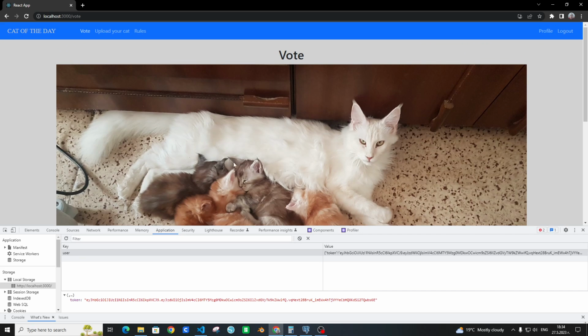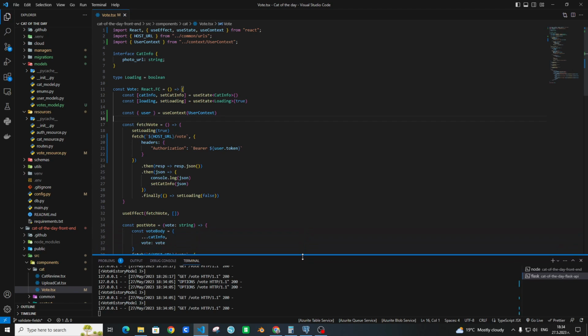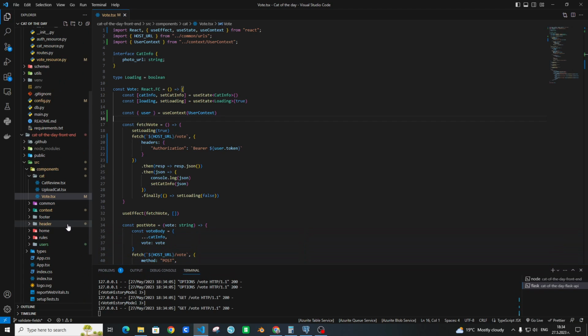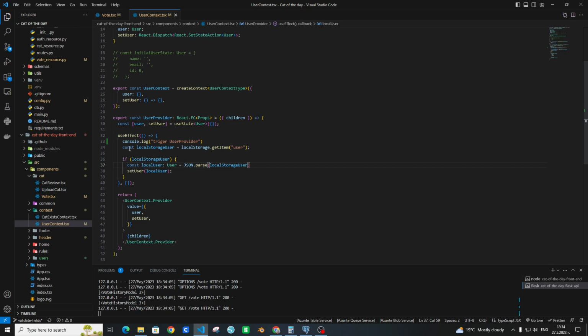Okay, so what I want to show. Right now, if you see, we have the token which is in the local storage. Here I have one context which is getting on the initial loading.